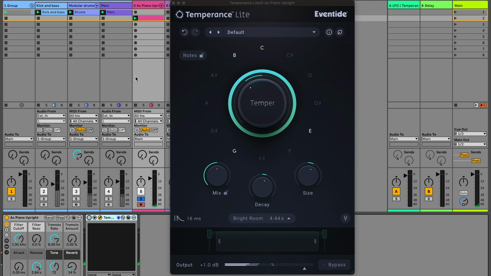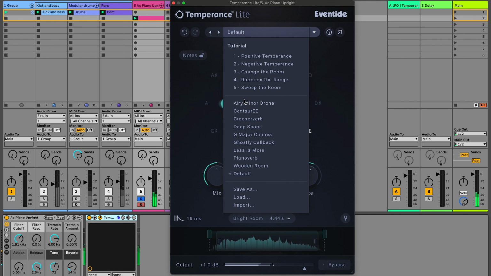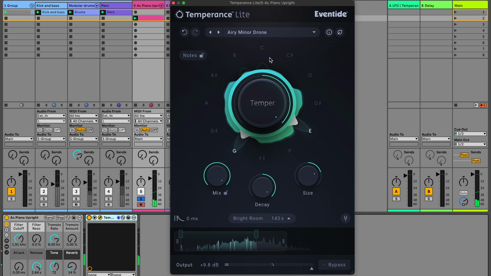With Temperance Lite turned off, you can hear they're kind of dry and not that interesting. Let's turn them into something a little bit more ambient and washy. For that, I'm going to use this airy minor drone preset. First thing I'm going to do is change this